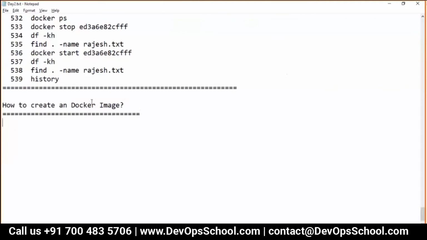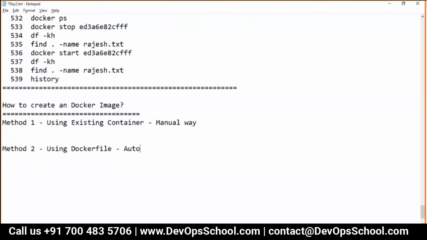So there are two methods which we have. Method 1, using an existing container, the manual way, and method 2, using a Dockerfile, the automated way, the automated CI way.